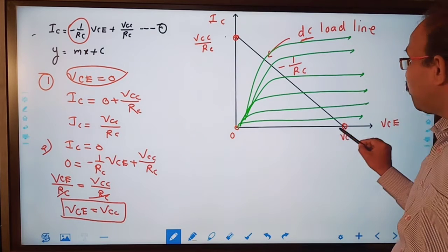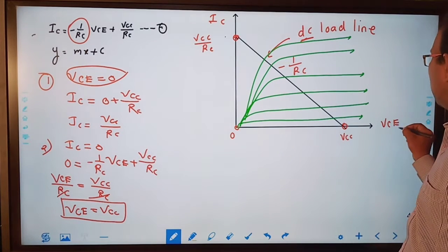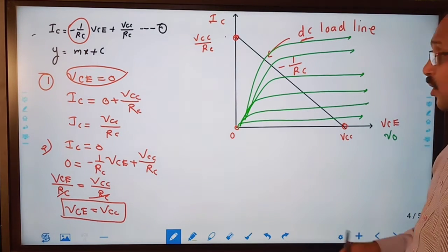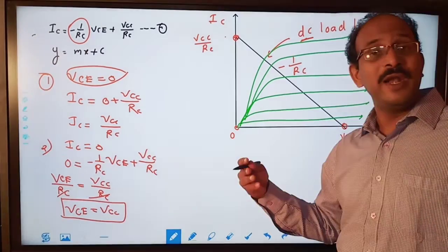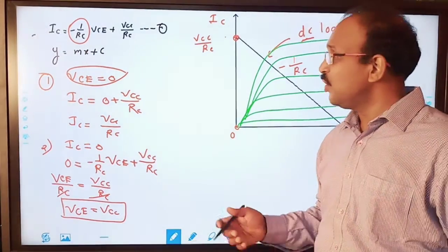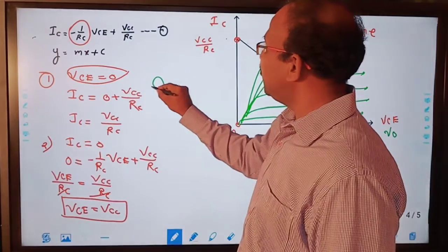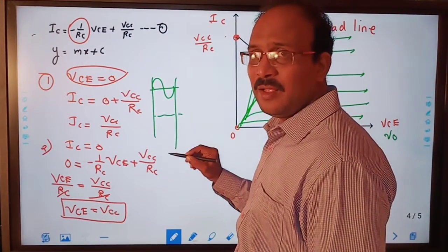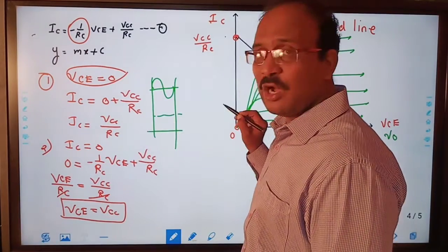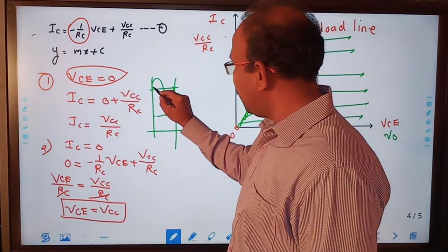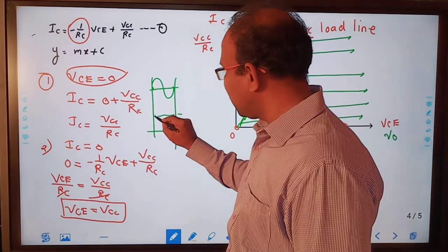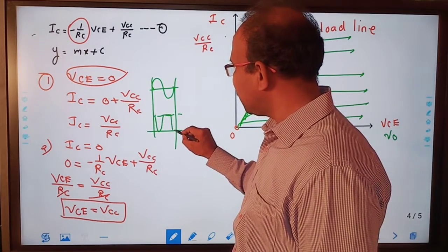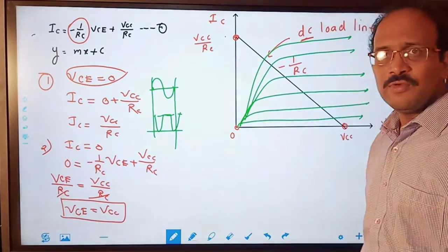At that time the output, this is VC, is equal to the output. Okay, the output will be maximum. We have already seen this on the waveform. Correct? Suppose the input is this way, the output will be exactly here at the 50% level. No, it will be like this. Without biasing, when the input is this, the output will be like this, and we get cutoff. Okay. So this we had already seen.